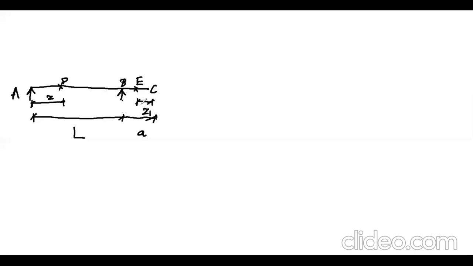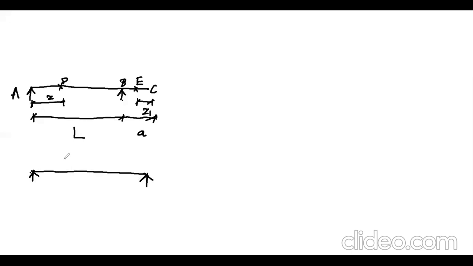So far we have discussed the beam and its dimensions. Next, the first step in computing the influence line diagram is to place the unit load. Here we are going to place the unit load in three different places. Let me draw that first.